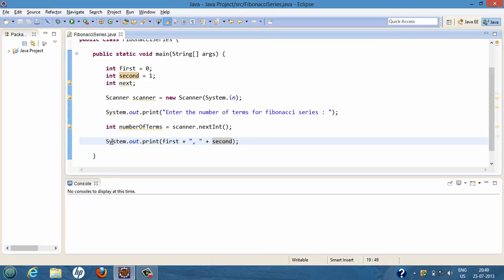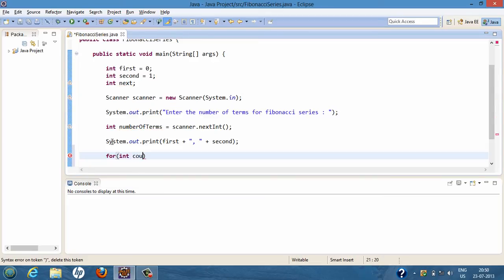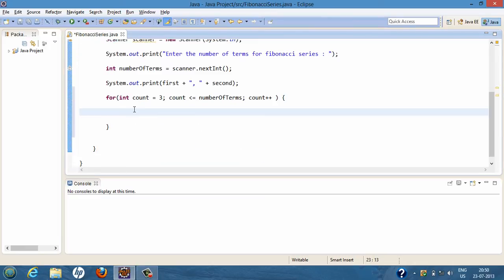So after printing the first two numbers on the console, we will now create a for loop which will iterate over the next 8 terms, or say the n-2 terms which the user wants to print on the console. So here we have created a for loop which will loop from 3 to the number of terms which the user has entered, because the first two terms have already been printed on the console. So now our for loop will calculate the third and the rest of the numbers which the user wants to print on